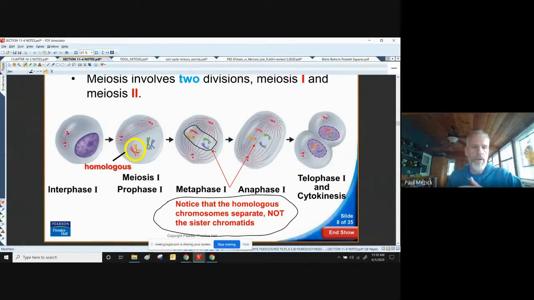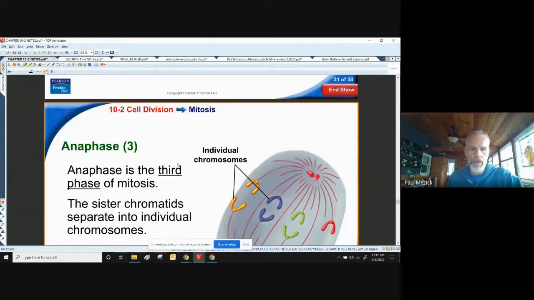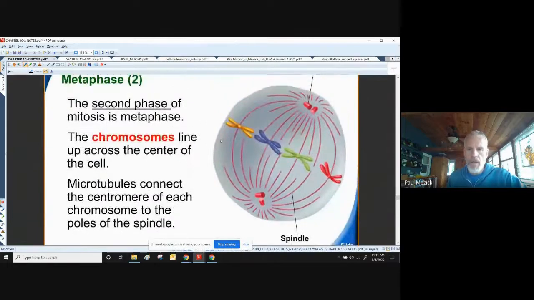So when you look at mitosis, you will see that the chromosomes in metaphase line up in a straight line. See how they're all on top of one another? So that each one gets one of the chromosomes. One yellow, one blue, one green, one red. And this one will get one yellow, one blue, one green, one red. But in